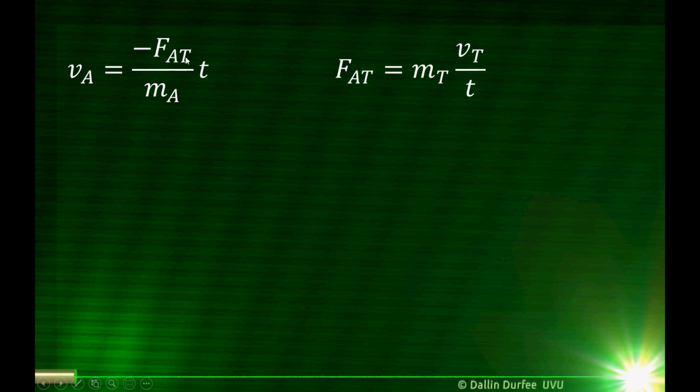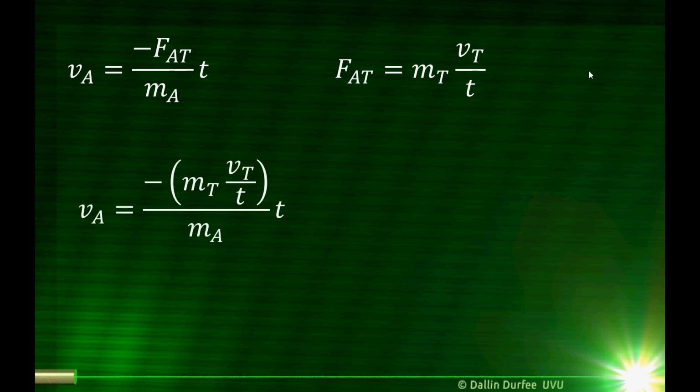It's the force of Arthur on Trillian, because negative the force of Arthur on Trillian is the force of Trillian on Arthur. And I know the force of Arthur on Trillian because I got that from her final velocity. So we plug this into this equation and simplify things, and we find